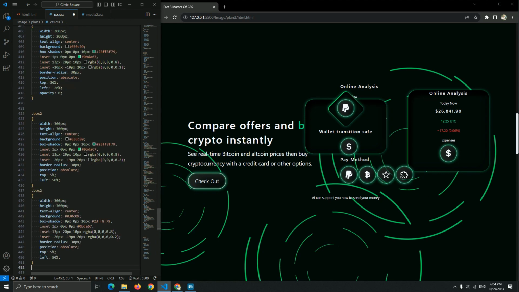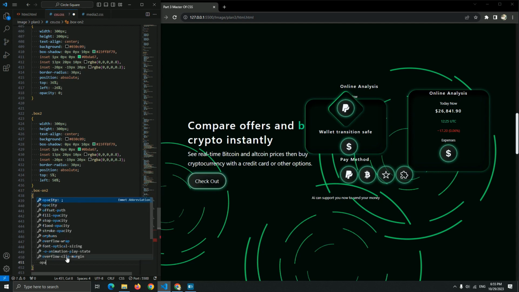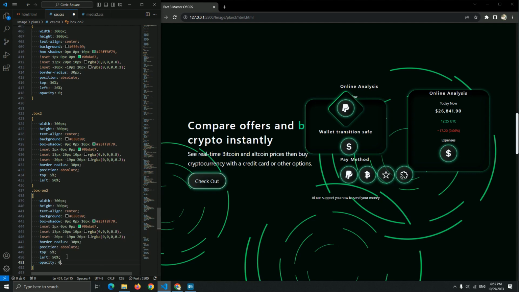Okay, for the box one 2 of this, let me just change the position, and let me add opacity 0 first, opacity be a 0, and for this top left, the top be minus 22%, okay, and the left 32%. There we go.